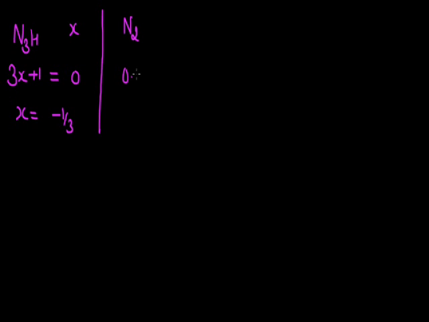Now if I move to the other compound, that was N3H. Here again the oxidation state of hydrogen is +1. The oxidation state of nitrogen I am considering as x. 3 nitrogen atoms are there, so the total value will be 3x, and the total charge of the compound is 0. So from here we can calculate the value of x, and that is equal to -1/3. That is the charge on a single atom of nitrogen. If I talk about the molecule of nitrogen, since it is an elemental molecule, the oxidation state of nitrogen will be 0.